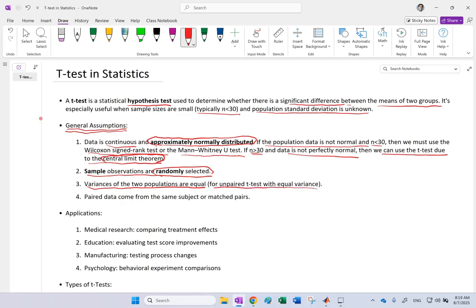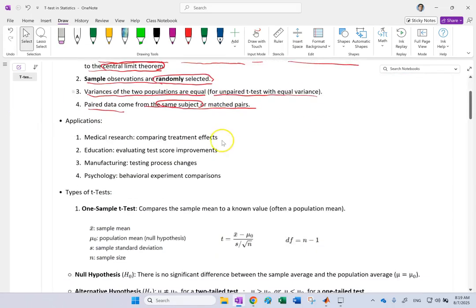I'll show you that. And then if it's a paired t-test, which we're going to see, the data should definitely come from the same subjects, which we're going to see as well. Now, where are the applications? It's in all sorts of